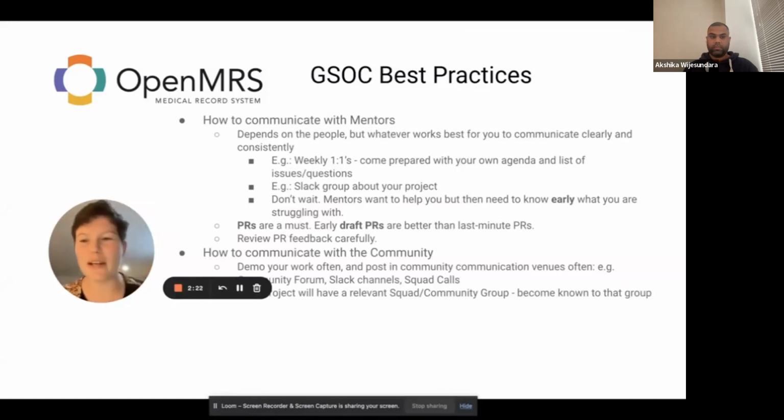It also means that when you are demoing regularly and communicating what you're doing regularly, it helps with two things. Number one, it helps prevent accidental overlap where people are doing similar or sometimes the same thing by accident, but it also helps you to get more feedback really quickly. And that way you can make sure that the work that you're putting into GSoC is stuff that community members and real world users are really excited about.